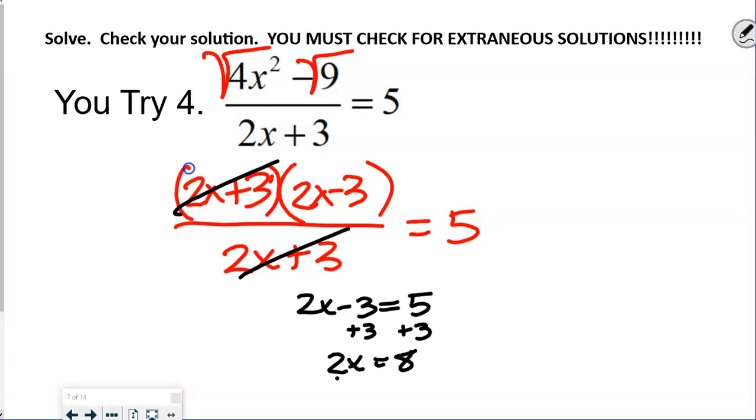2x equals 8, divide by 2, so x is equal to 4. So we're going to go ahead and plug that 4 in up there just to double check and make sure. But I pretty much know because it